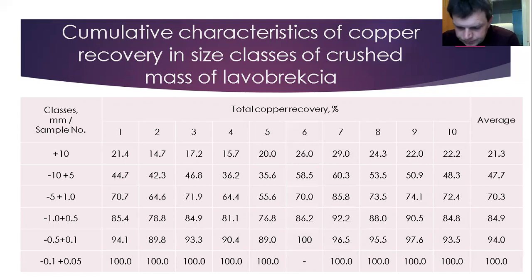The nature of the extraction in this table suggests the positive effect of using a variant of the technology for separate enrichment of lavobrekcia, when the raw material is divided into two streams, large and small classes, each of which is enriched separately. The decision on which size to accept as the boundary will depend on the chosen method